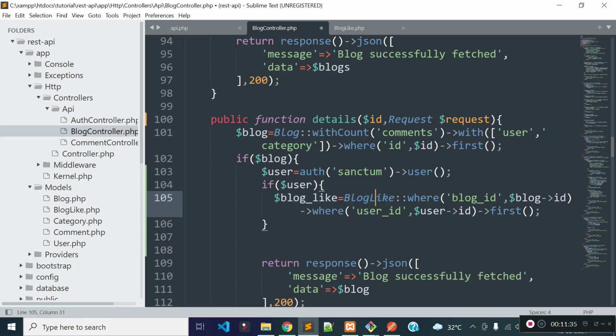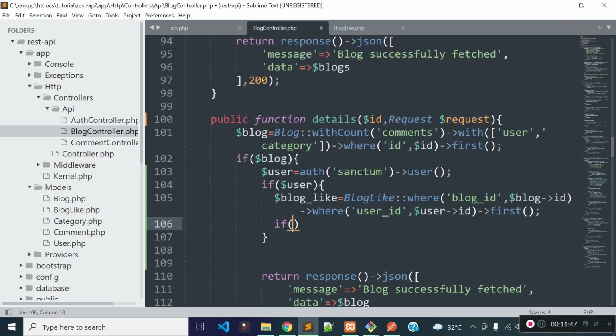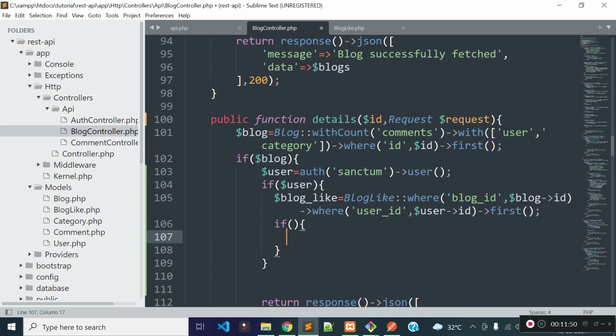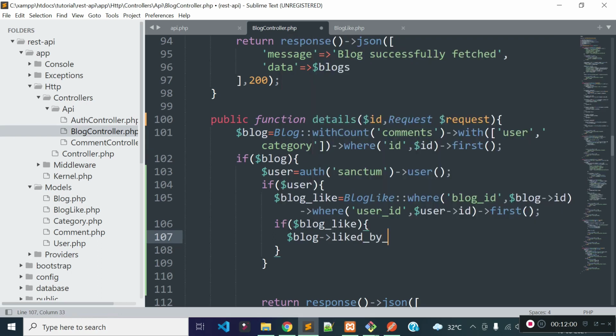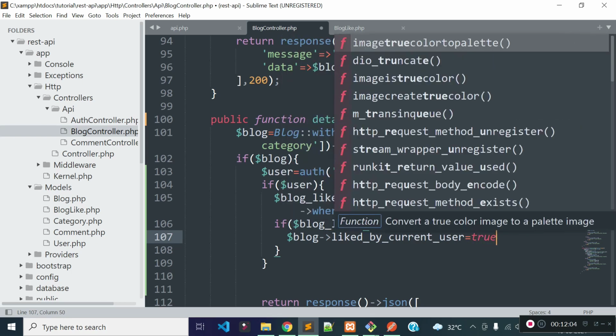I'm checking our blog_likes table with blog ID equal to the ID of this blog and user ID equal to our currently authenticated user ID, and I'm storing the record in a variable called blog_like. Then I will check if this blog is already liked by the current user. Then I will add a JSON key to this blog object called liked_by_current_user, and this will be true.